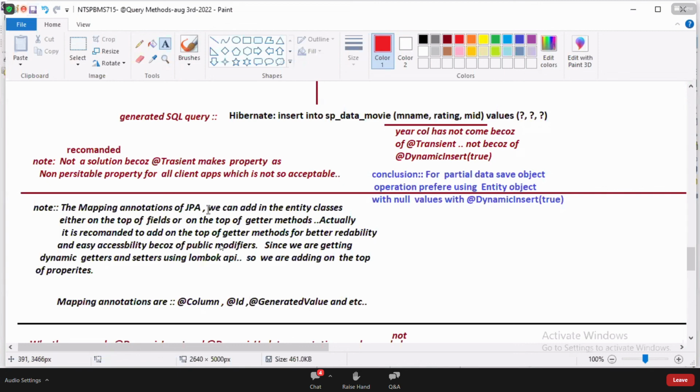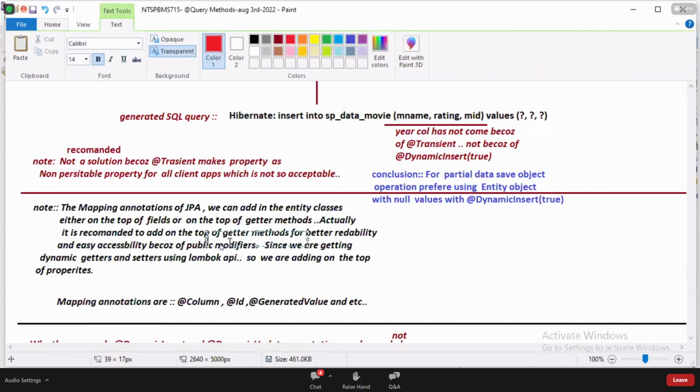The mapping annotations of JPA we can add in the entity classes either on top of fields, nothing but member variables, or on top of getter methods. Actually, it is recommended to add on top of the getter method for better readability, no performance issues, and easy access because of their public modifiers.